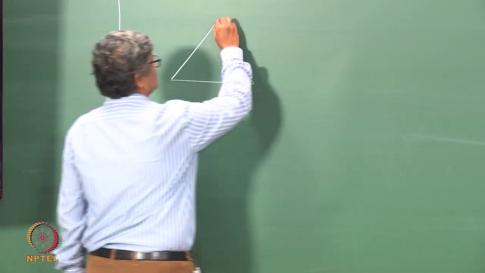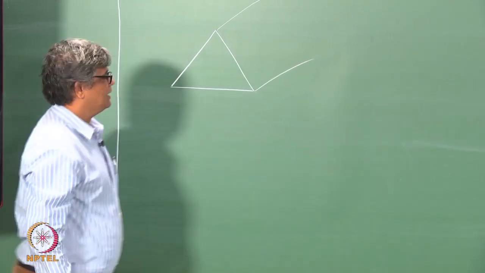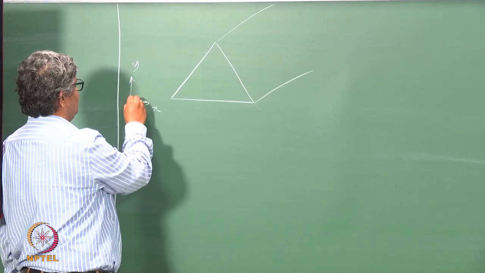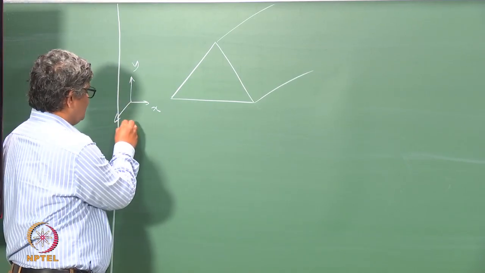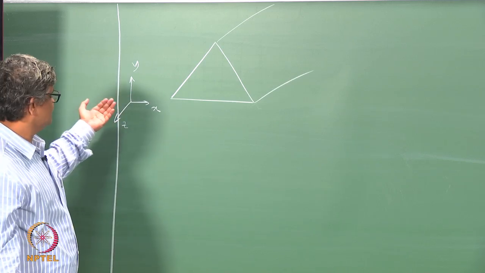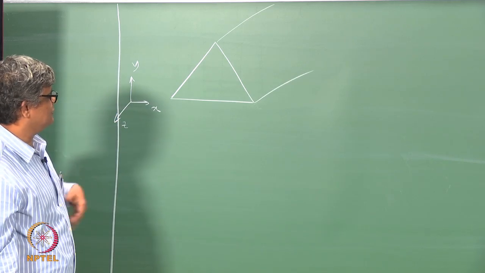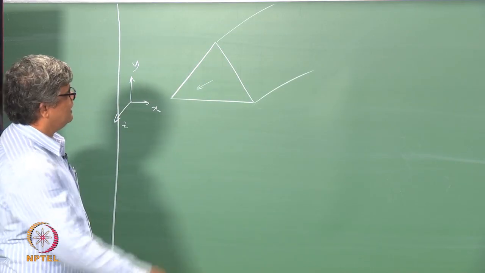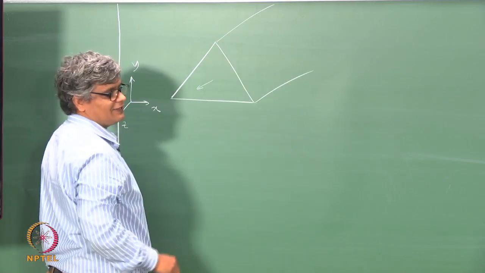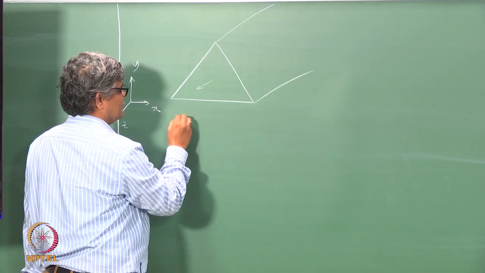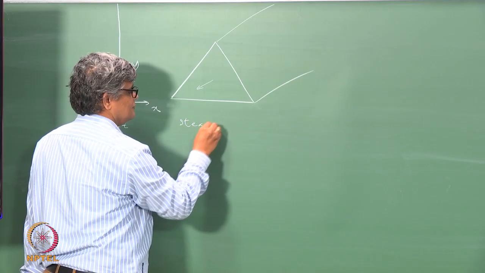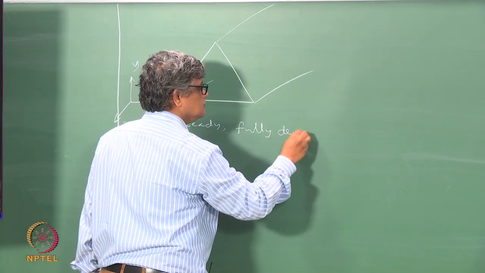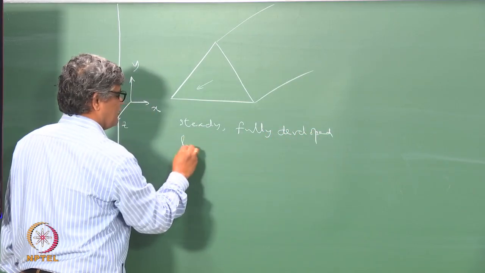This is a duct of triangular cross section, and again we have x going like this, y vertical, and z going in the outward normal direction as per the right hand coordinate system here. And so you have flow going through this, and we would like to see how the velocity changes here. Again here we have the case of steady, fully developed, laminar flow,